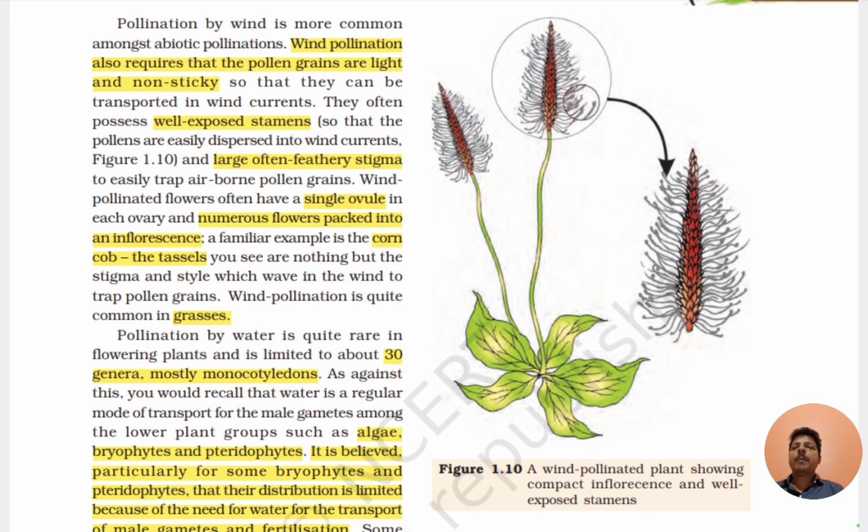wind, pollination also requires that pollen grains are light and non-sticky. These are the conditions of wind-pollinated flowers: well-exposed stamens, large, often feathery stigma, single ovule, numerous flowers packed into an inflorescence, as in corn cob tassel, and also